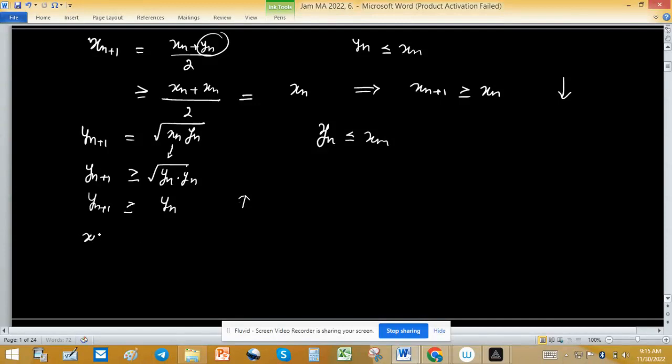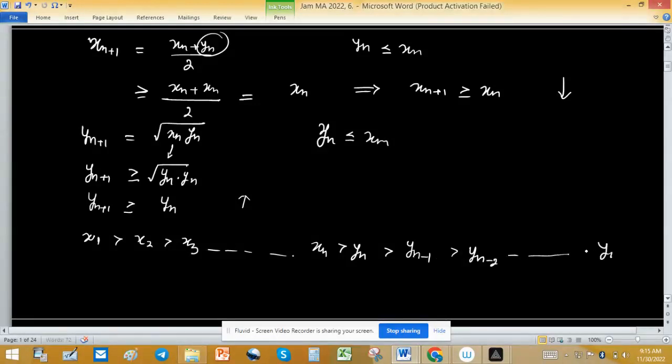So xn is decreasing. Xn is decreasing. That's why x1 is greater than x2, greater than x3, and so on. Xn is greater than yn. This is greater than yn minus 1. This is greater than yn minus 2, and so on, down to y1. From the question as given,